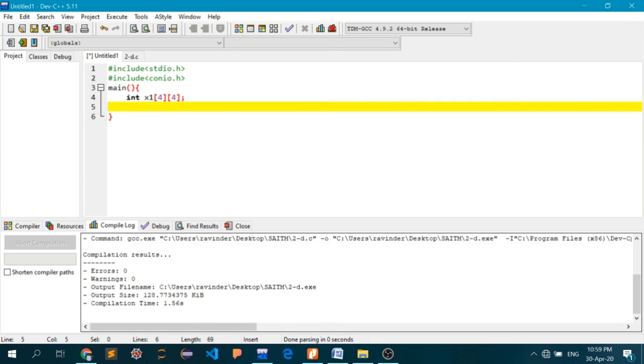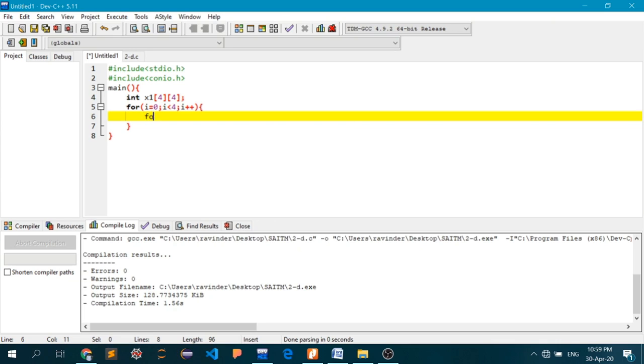So let's start with the for loop: for i equal to 0, i less than 4, and i plus plus. Then for j equal to 0, j less than 4, and j plus plus.